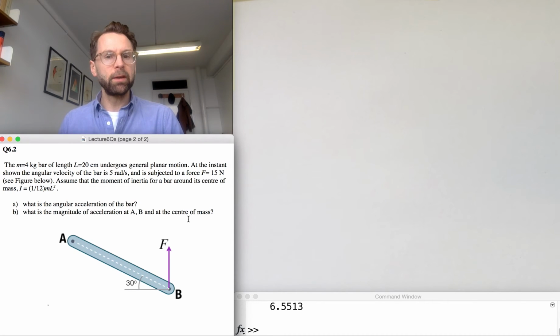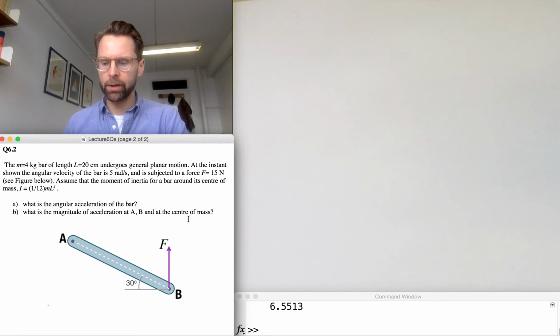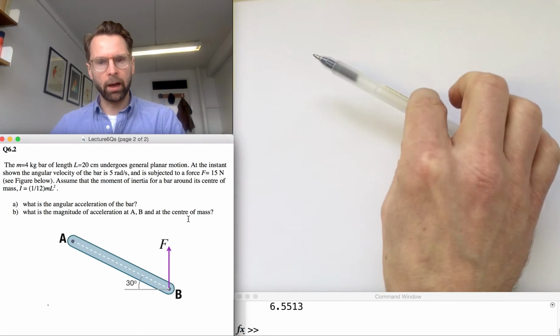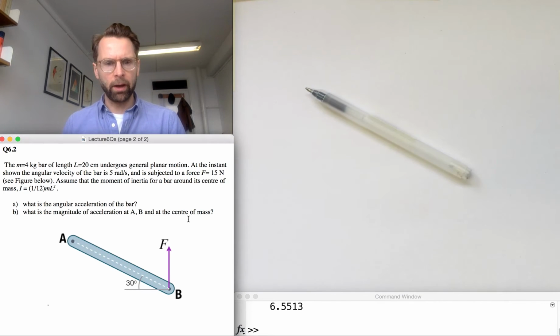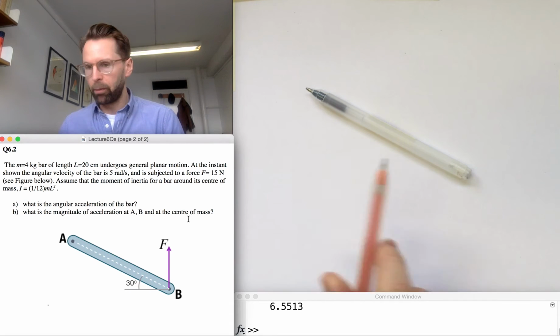Question 6.2 is a bit trickier than 6.1. It combines a lot of what we've covered in lectures 4, 5 and 6 into one question. So there's quite a bit to get through, but it's a simple question in the way it's asked. You've got a bar and points A and B are the end points of the bar, and you're applying a